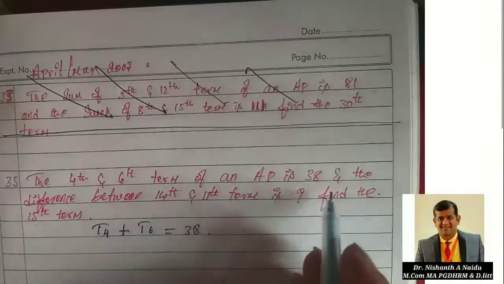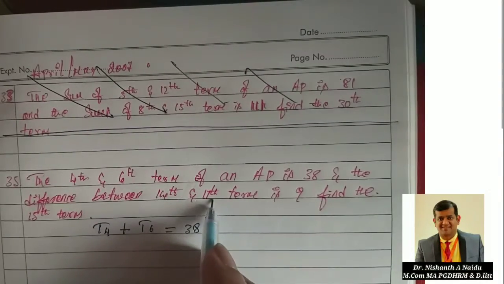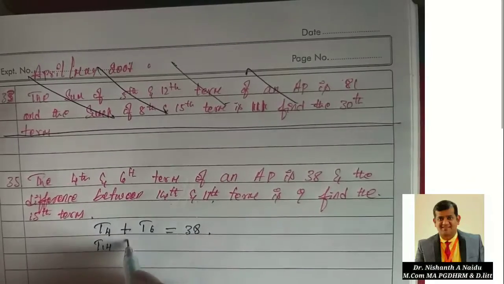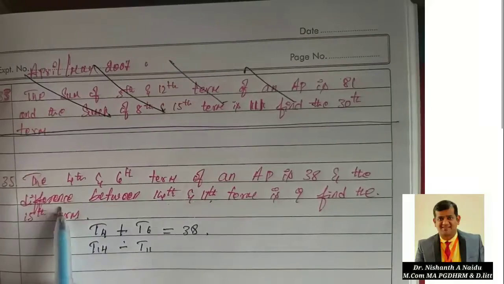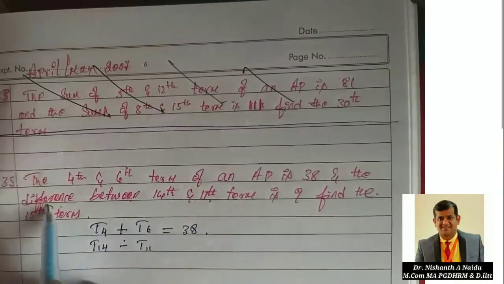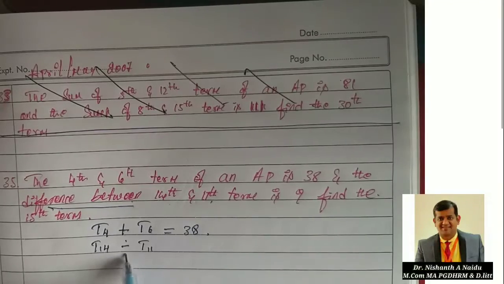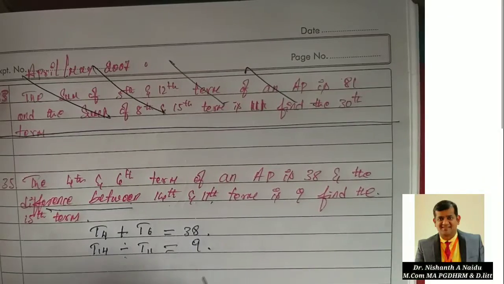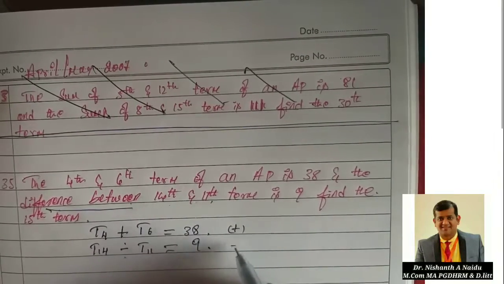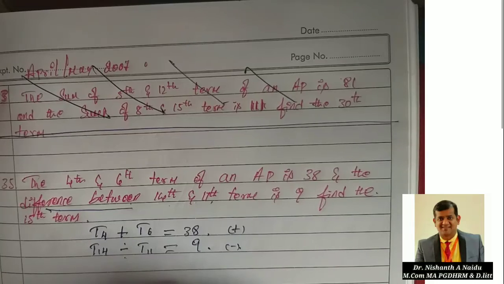The same way, 14th and 11th term: T14 minus T11, because he says difference between. Whenever you use the word difference between, it should be the subtracting symbol. That equals 9. So now it is add and it is deduct. By considering this, what are we going to do? We convert it into the a plus